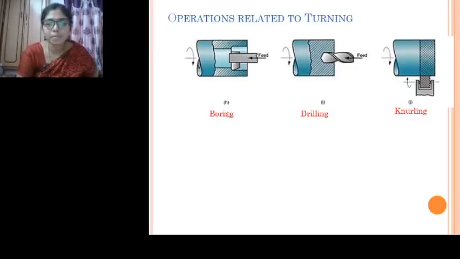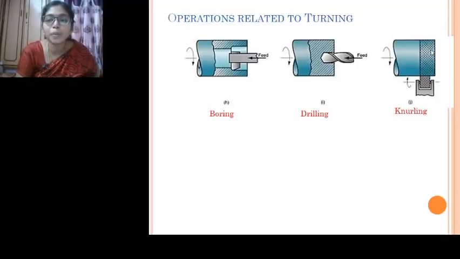Now we'll discuss much detail about boring in the next coming slides. And the knurling operation is the only one operation which is a kind of forming operation. It is not a machining operation, it is a forming operation where the impression on the tool will be impressed,